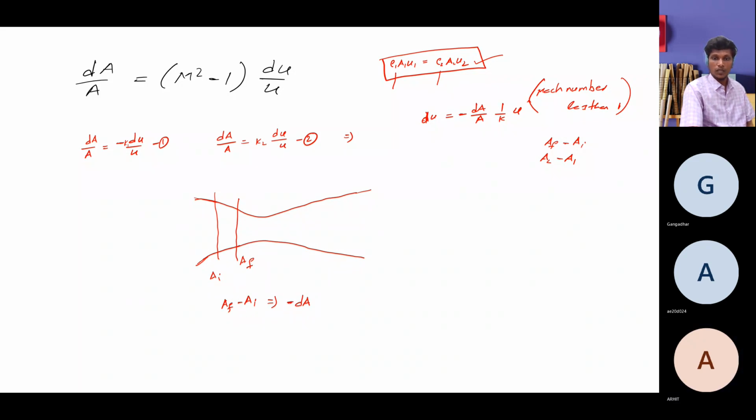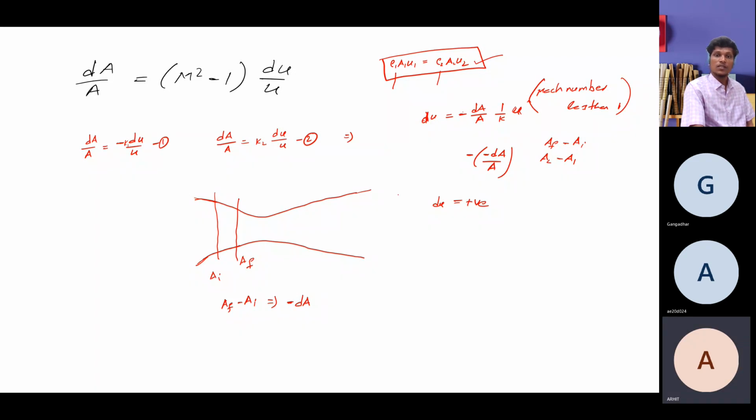Yes, sir. If you are getting a minus dA in the convergence section, substitute the same. As your area is decreasing, this will give you a minus of minus dA by A. This is all constant, I'm not going to change it. So your velocity change now becomes positive, that is, du is positive. What it means is that du is positive, your change in velocity is increasing. That means whatever the velocity at initial should increase from this to this. You got it, sir?